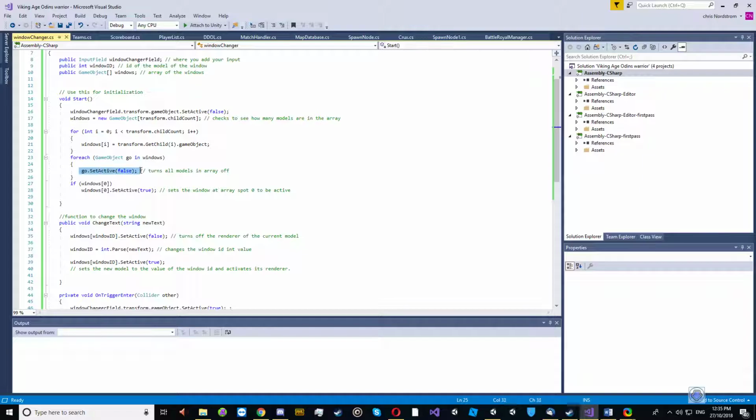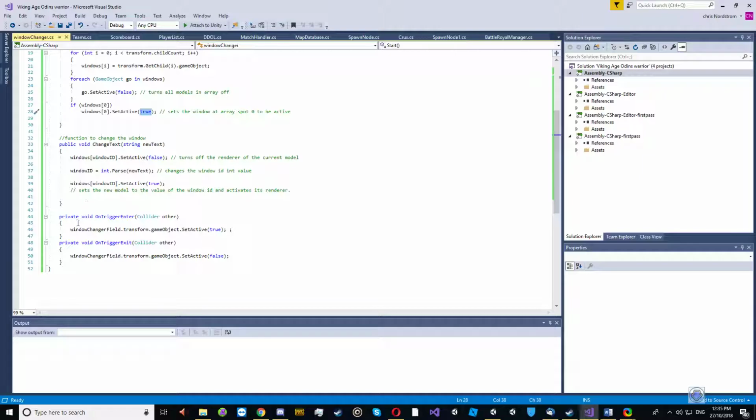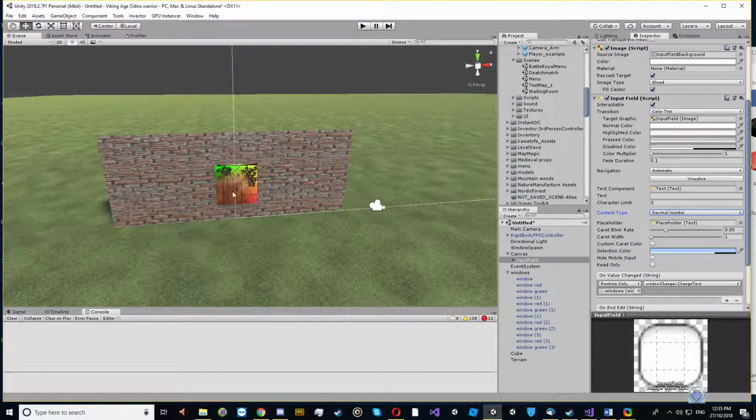All these game objects are deactivated in the start function. So as you can see here, for each in the for loop, each one of those game objects is set to false. Then we set the default one to true, which you don't have to do. You can comment that out if you want. And then we've got our on trigger enter and our on trigger exit functions that just turn on the field, and turn that input field off when you walk out of the trigger. This same system can also be applied to